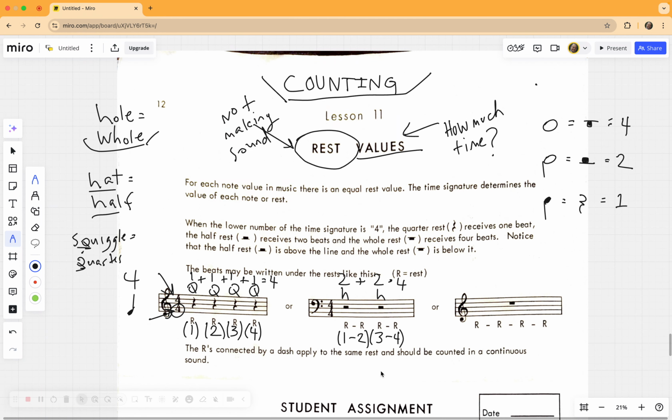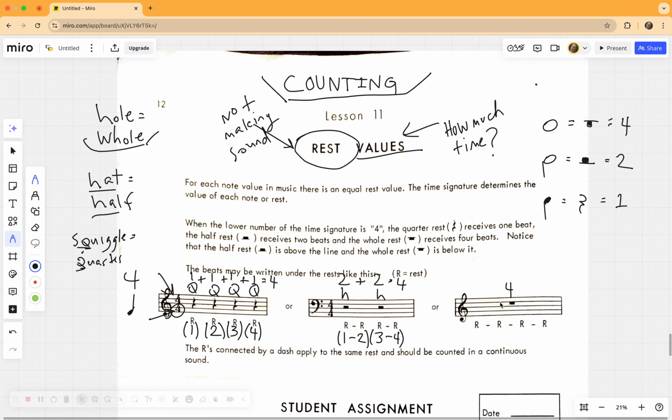It's going to rest for 2. So we're still labeling it like a half note, but we're putting parentheses around it to show that there's no sound being made. Finally, you have a whole rest in this last example, and a whole note equals 4 total beats, right? So you know it's all 4 beats because you go up here, you look, oh, there it is,